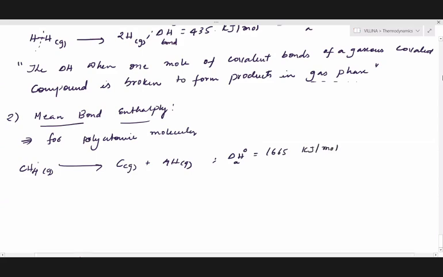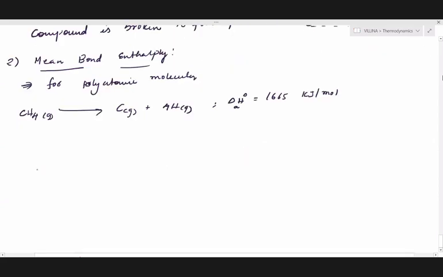As I was saying, the initial reactants differ in each step. If we see step by step, in the first step, CH4 gas will be converted into CH3 gas and 1 hydrogen atom. How many bonds are we breaking down here? Simply one. One carbon hydrogen bond is broken down. So this is delta H of the C-H bond.